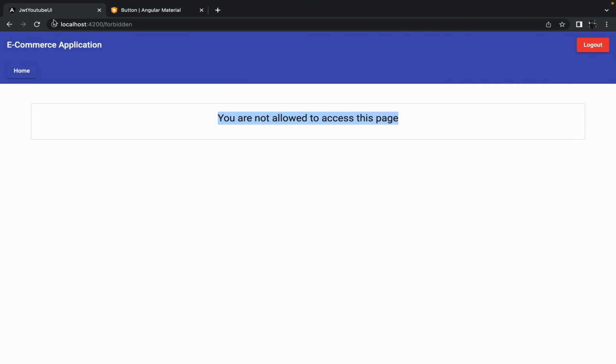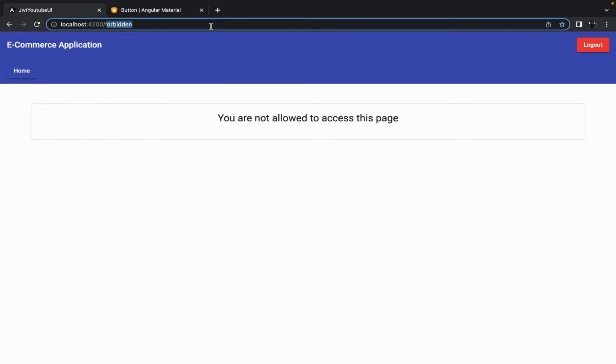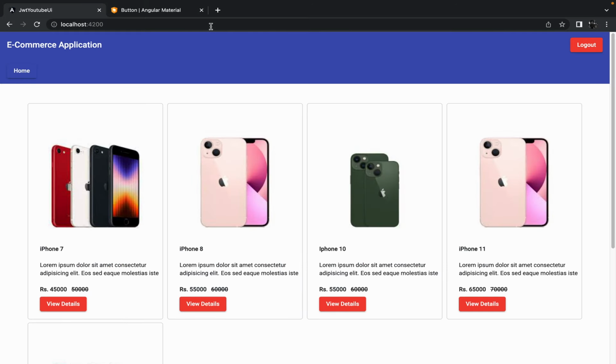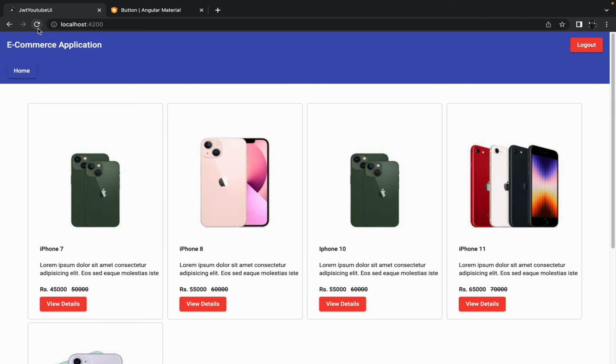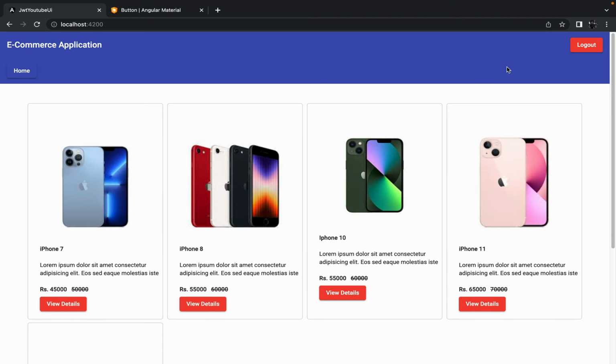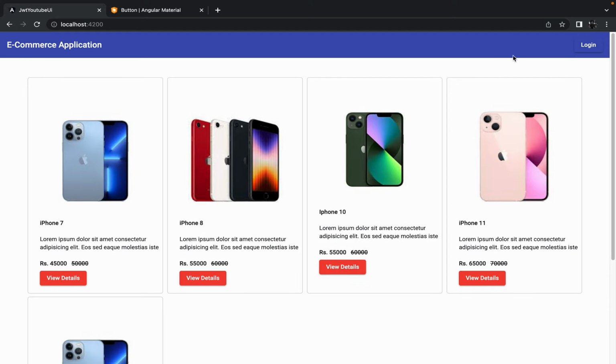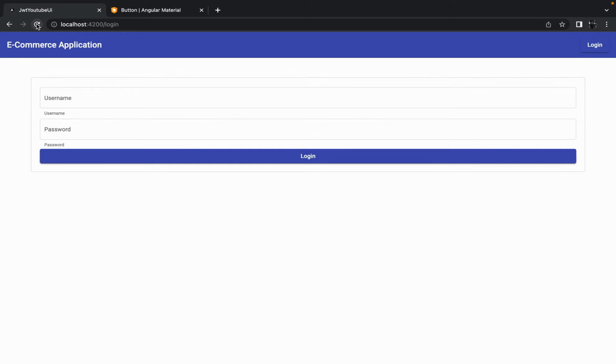Now let me go to the home page again. So yes, for the user, now I'm able to get all the images. Let me refresh it again. Yes, so every single time I'm able to get it. Let me click on logout. So even though I'm logged out,